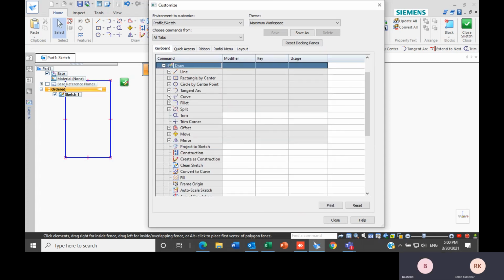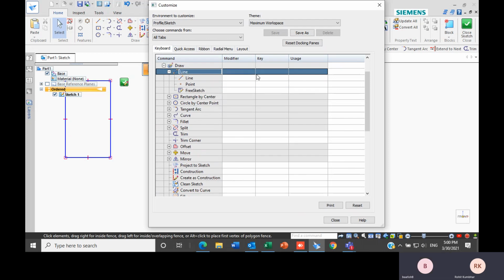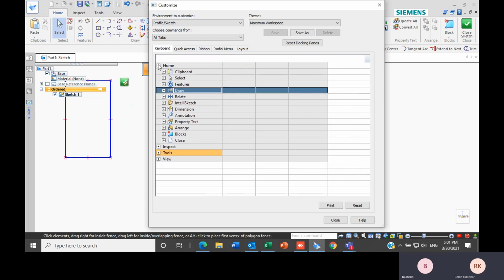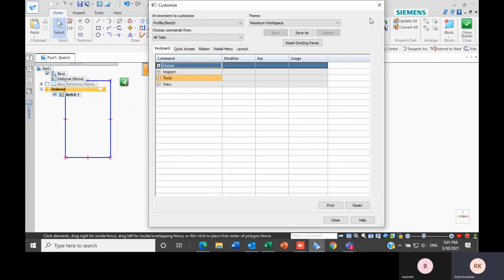But if you click on here, you can specify these keyboard options. Okay, we can edit them. You can edit them. Just select the modifier, then the key for it, and where to use: in all environments or in a specified environment only. That way we can modify the keyboard shortcuts according to your requirement.